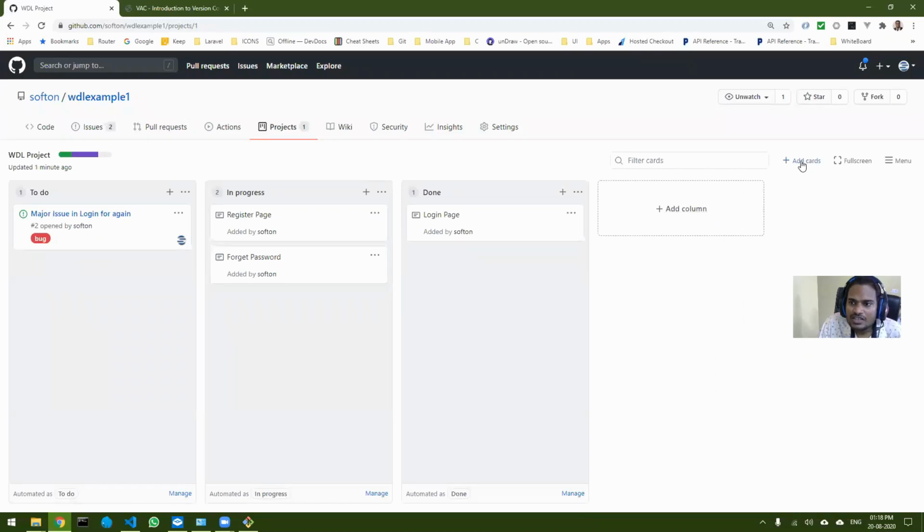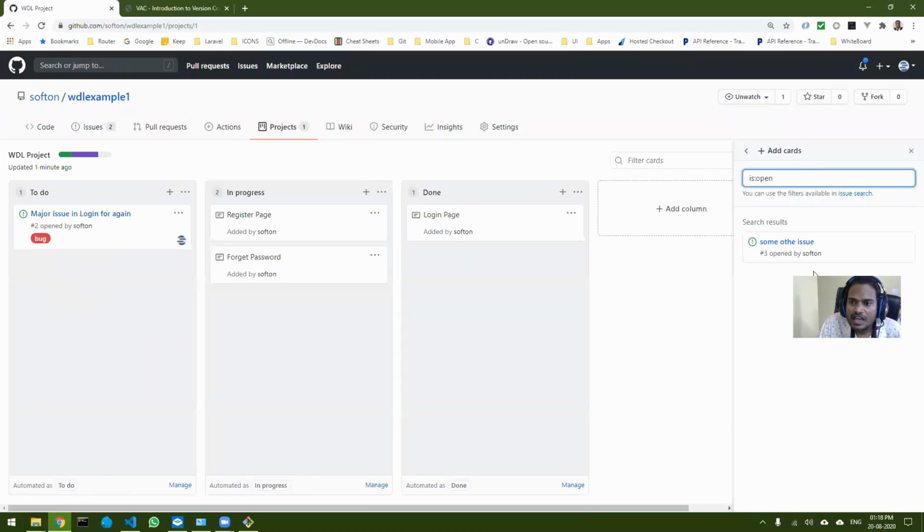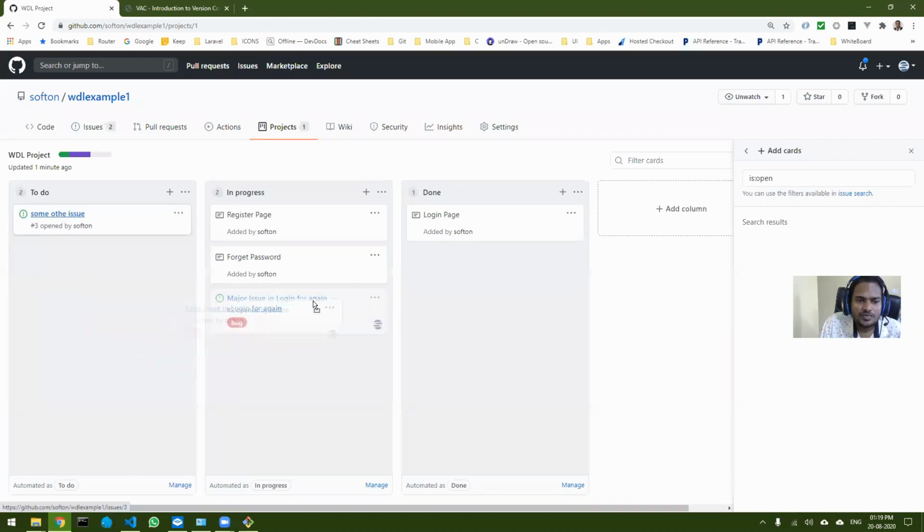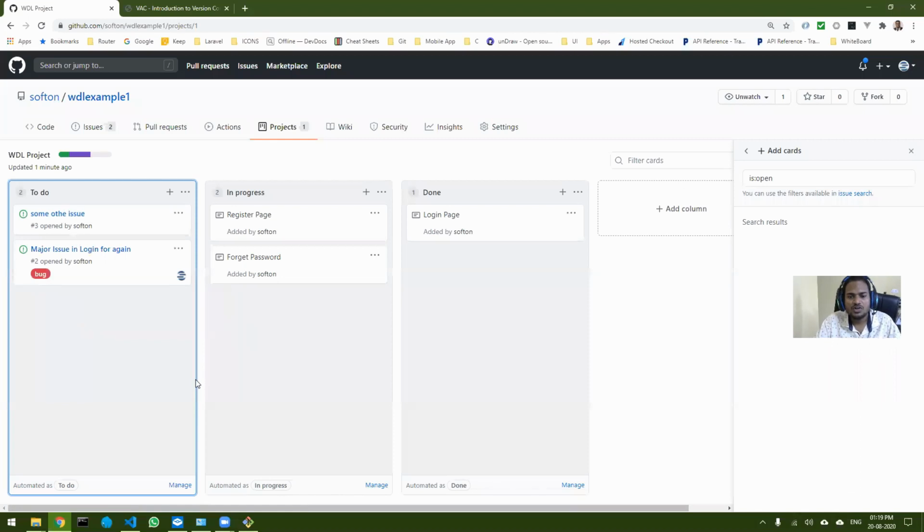You can click on this add cards option and you can see this card has come up. You can take it from here and put it in the to-do list. So this will now be manual because you have not assigned it to a project. Once this is done, the developer to whom you have assigned it will take it out from the to-do and put it in progress. So this is how it will work. But this also you don't have to do in automated Kanban. In automated Kanban I will show you what actually happens.